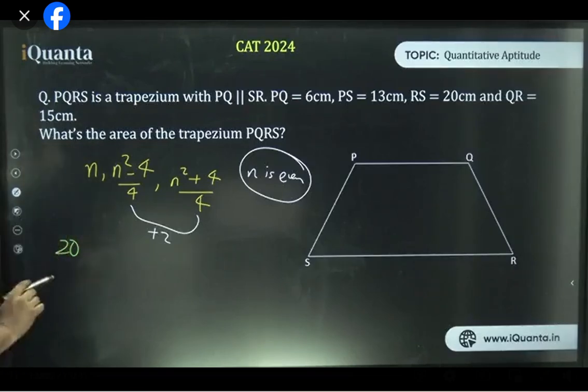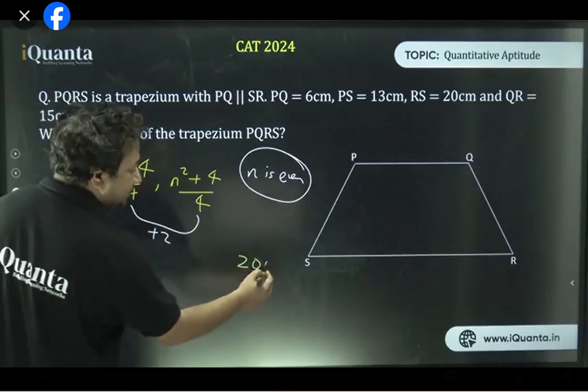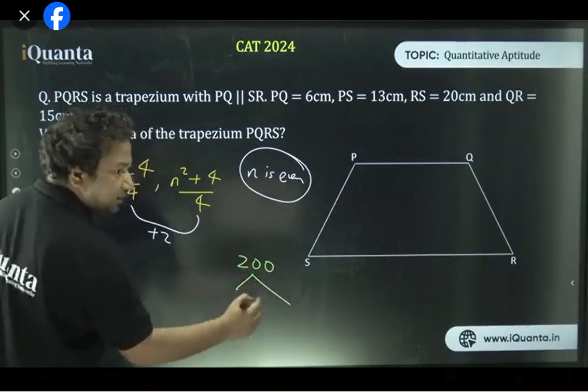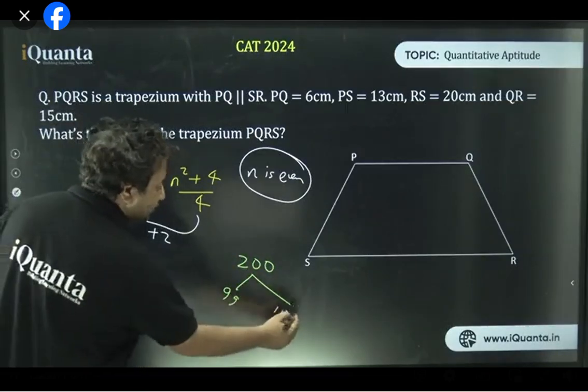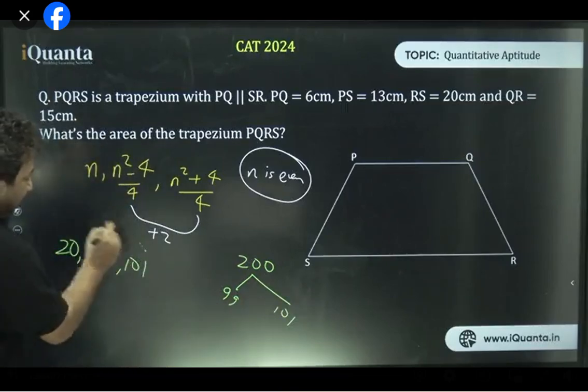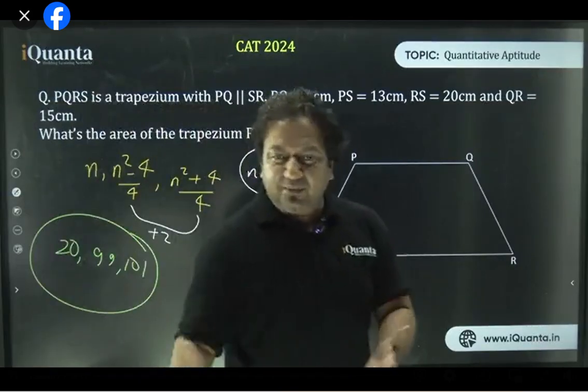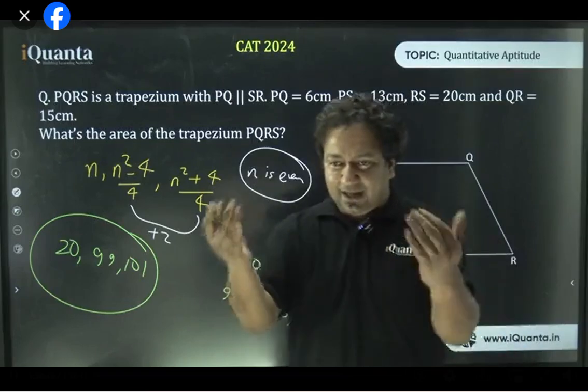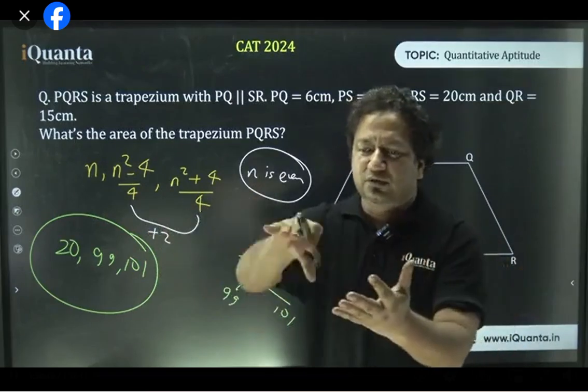Is this clear? n is 20. What is 20 square? 20 square is 400. Half of 400 is 200. And I like to break 200 into 2 parts so that they're 2 units apart. That is 99 and 101. That happens to be my triplet. So in case of odd, I just broke it at 1 unit apart. In case of even, I will take the half of it and then break it, which is 2 units apart.